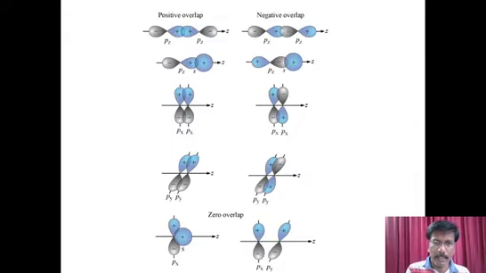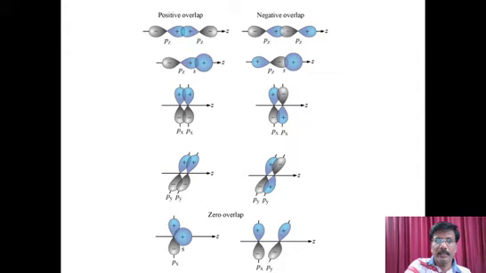Okay, now you go back here. You see, this is a positive overlapping, negative overlapping. How this is going on is, in the first diagram, a p orbital positive side and another p orbital positive side are interacting, and that gives a sigma bonding, which is a clear bonding. Whereas on the right side, negative overlap, you can easily see that the positive side of one p orbital and the negative side of another p orbital are interacting. That means one wave is there, another wave is not there. Therefore, there is no specific interaction, no bond is formed. That means that is called anti-bonding.